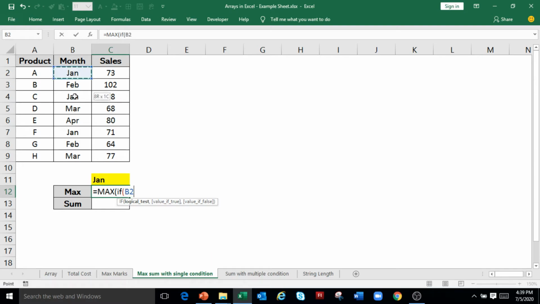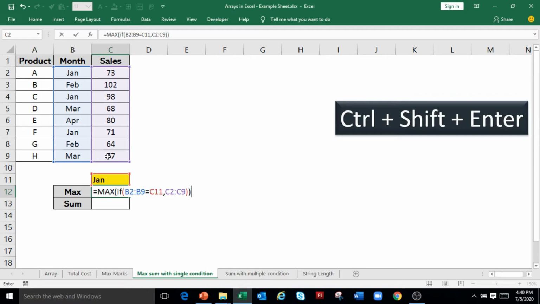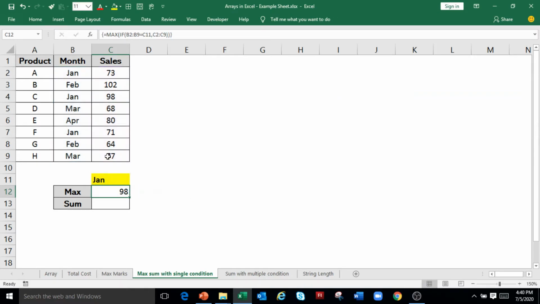So select B2 to B9 equals to select C11 in which month name is given, comma, when the condition is true, we want to find maximum of sales value. So select C2 to C9, closing bracket for IF, closing bracket for MAX. Now press Ctrl Shift Enter key together. Result is the maximum sales in Jan month.